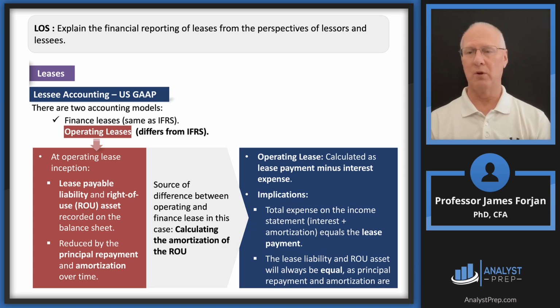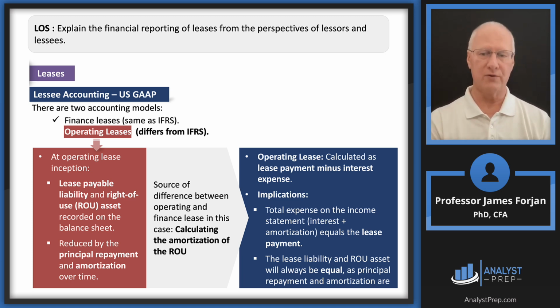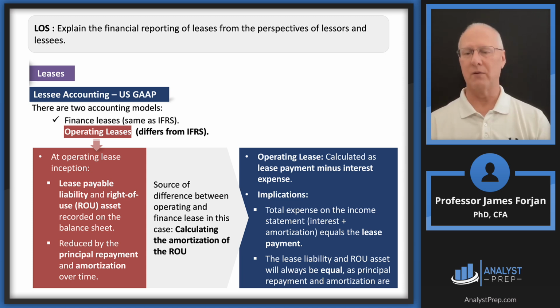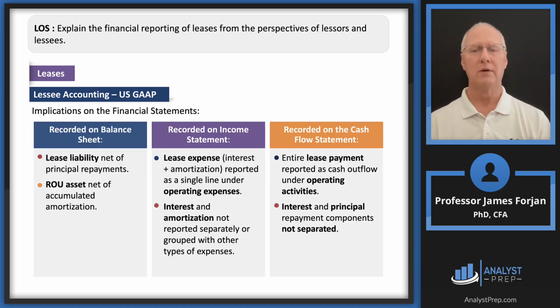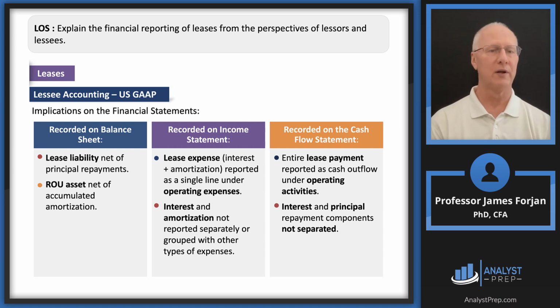So look over in the blue. We've got to worry about now the lease payment minus the interest expense. And so there are some implications for equations. So look on that, what is that, the first block point there. Make sure you take the interest and add the amortization. The lease liability, look at the bottom, lease liability will always be equal. Yeah, that's going to make perfect sense here in just a second.